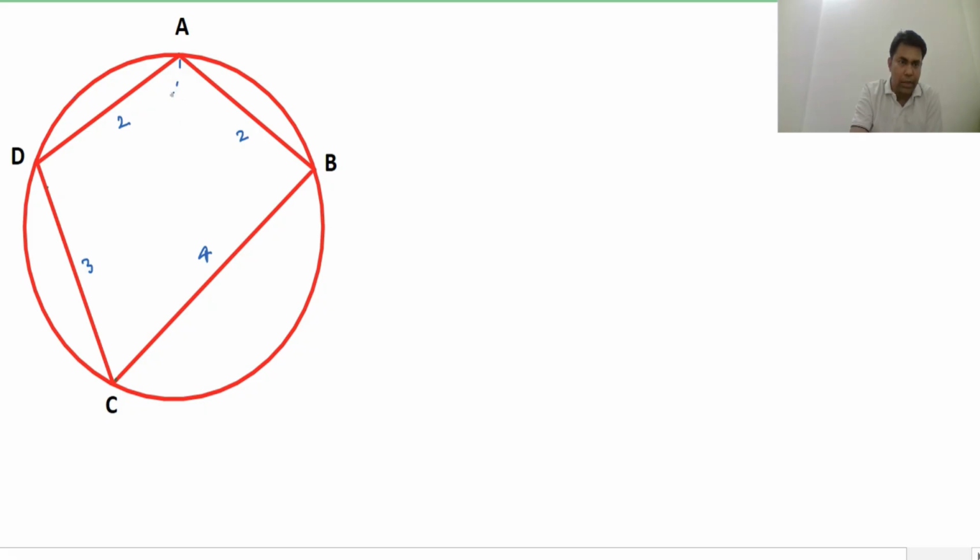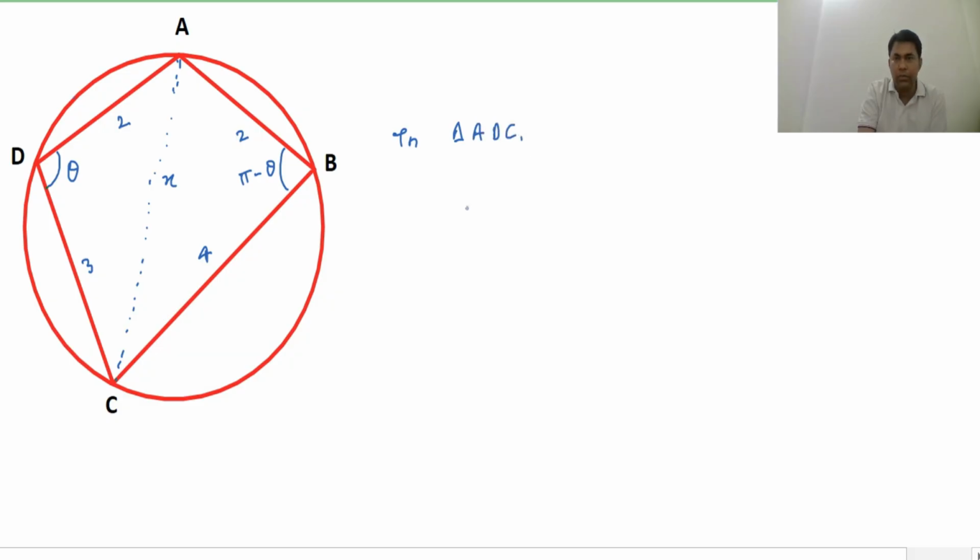Join A and C. If we join A and C, let's call this length AC as x units. From here, if we assume angle D is theta, that means angle B will be 180 degrees minus theta. So let's write it as pi minus theta. Now in triangle